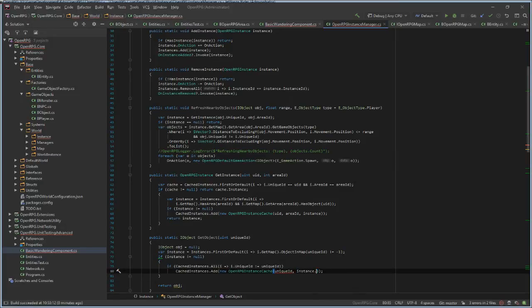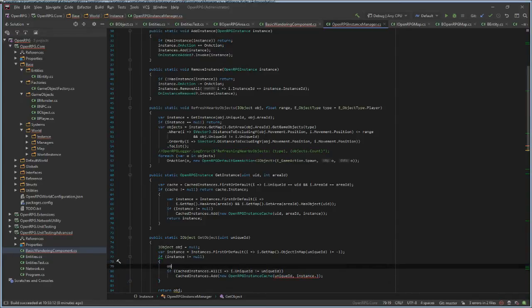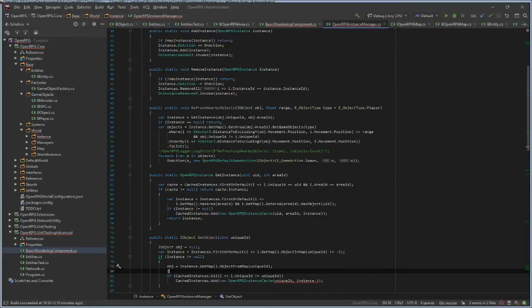Instance dot object in map, get map. Instance get map, get object from map unique ID. So I got this object.